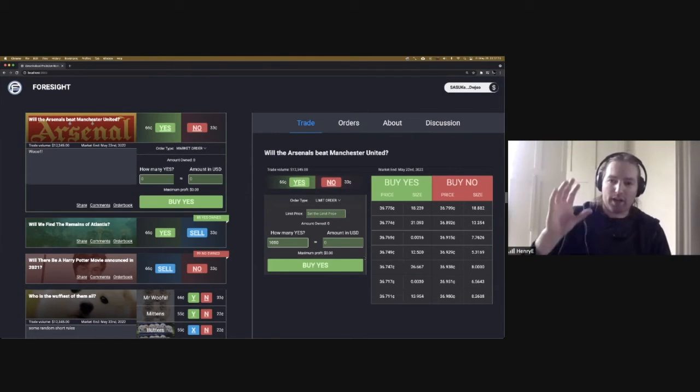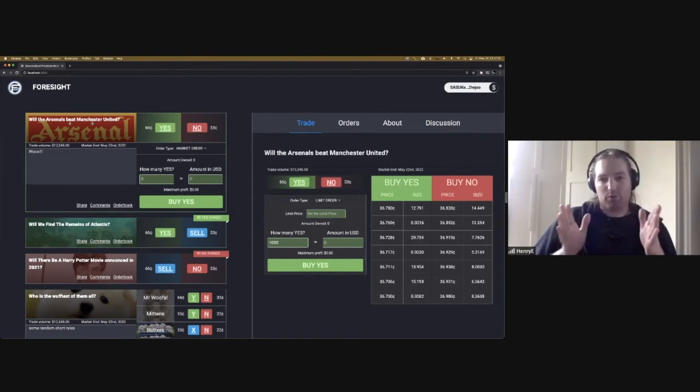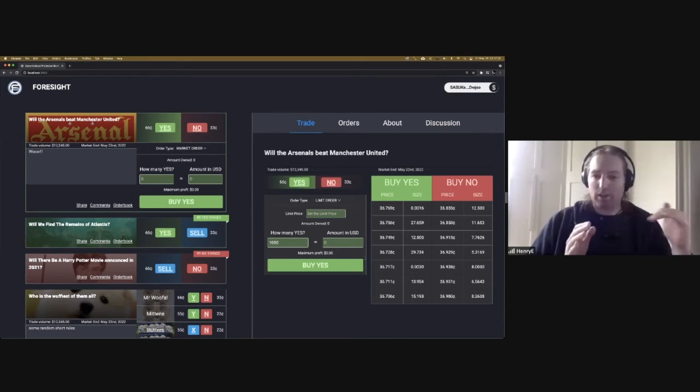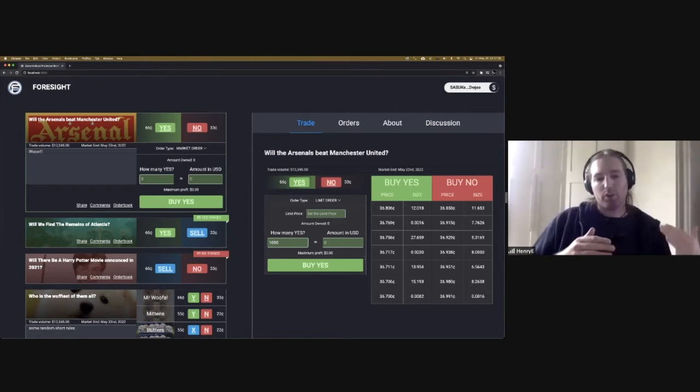So Mango has Serum at the back end. If you want to trade Bitcoin or Ethereum, they're all backed on the actual Serum markets. All the liquidity comes from there, but they have an intermediate layer where you trade through their open orders account, and we're basically doing something similar where when you want to buy yes or buy no or sell